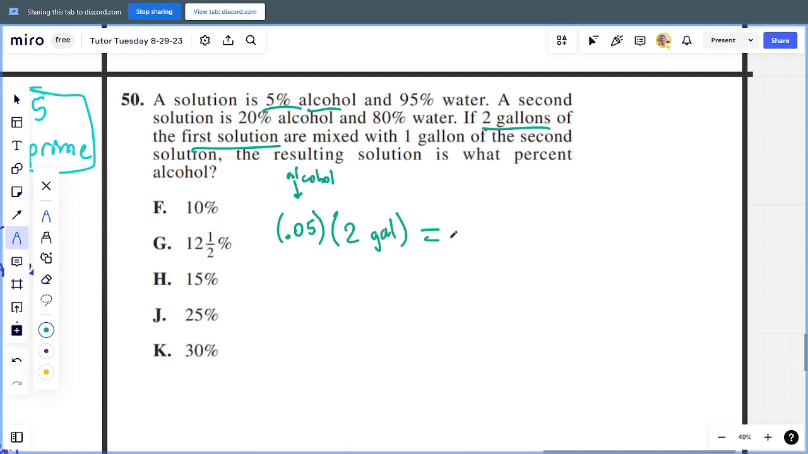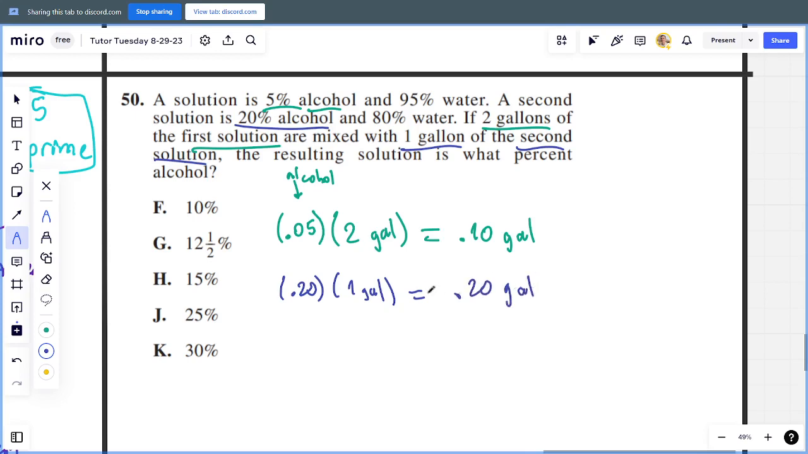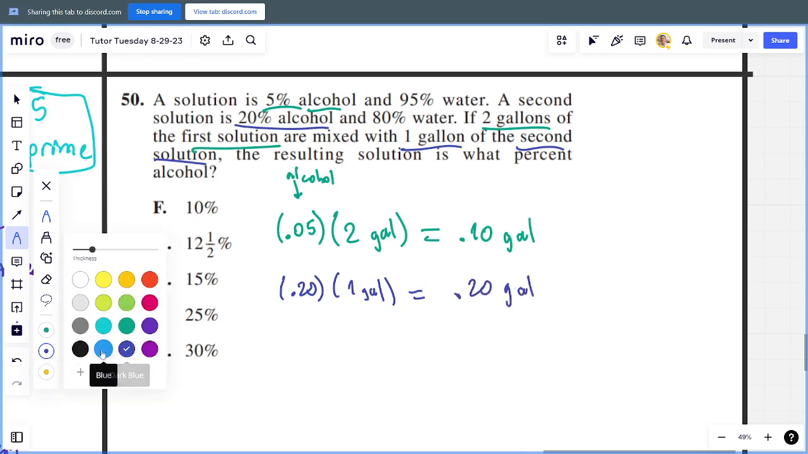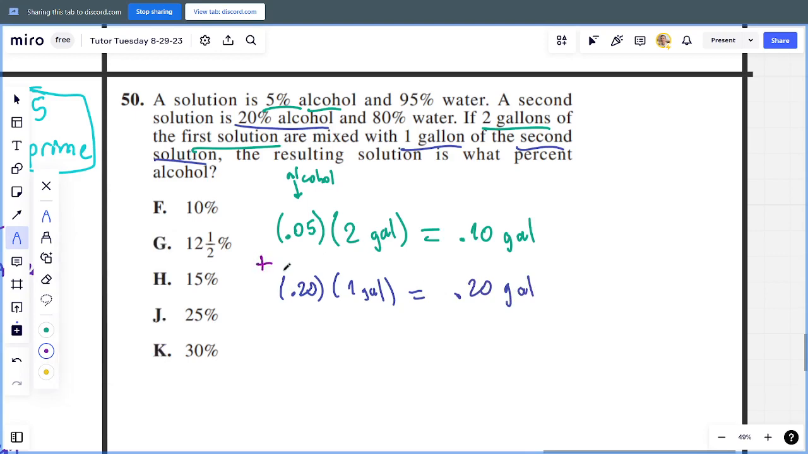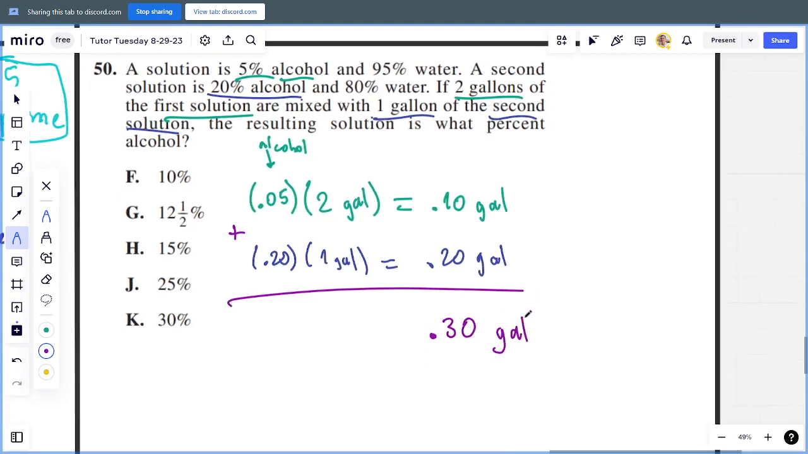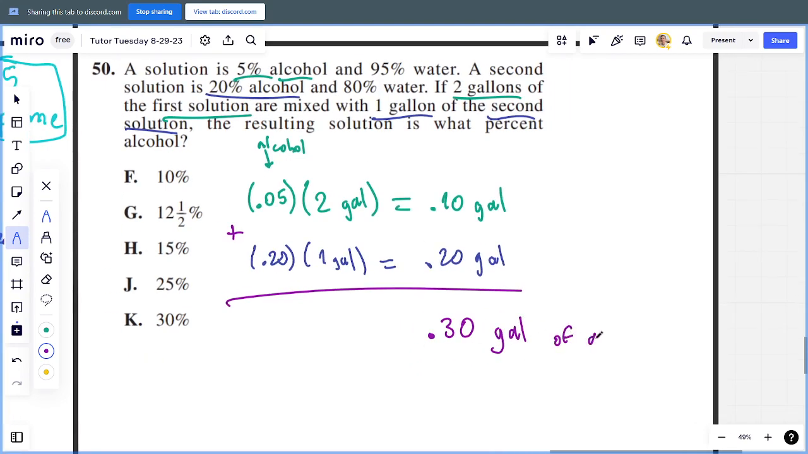Then that's going to be 0.10 gallons. If we do the second solution, 1 gallon of the second solution, which is 20% alcohol, that's 0.20 times 1 gallon. We've got 0.20 gallons. Then if we want to sum that up, because that's how we're going to get the total amount in the final solution, there's 0.30 gallons of alcohol